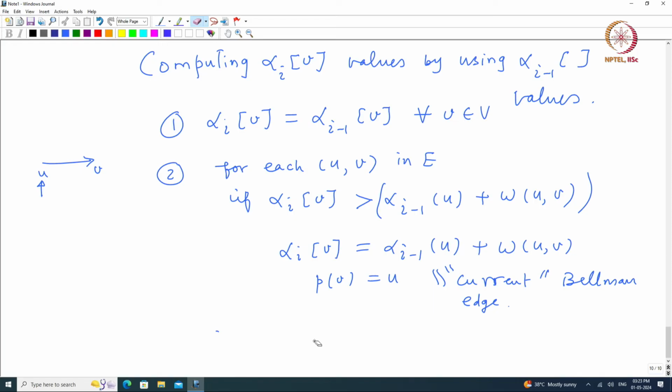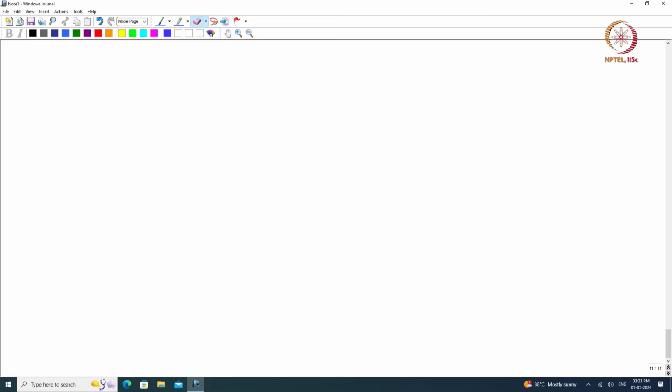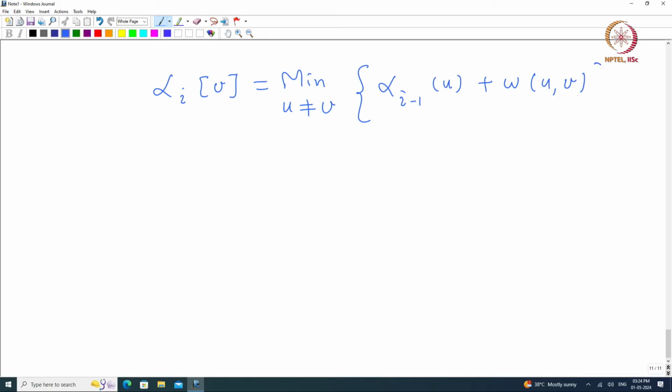So, what is the consequence of executing? The consequence of executing is alpha i v is equal to minimum over u not equal to v of alpha i minus 1 u plus weight of u v. This is the correct value that we want, and P v v is the Bellman edge